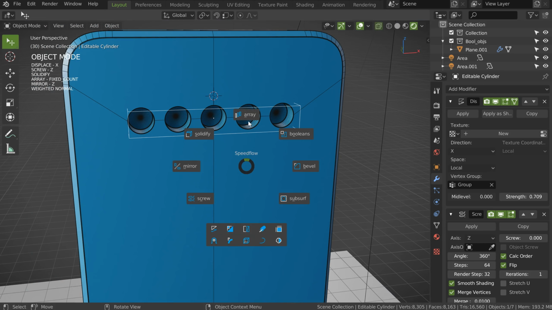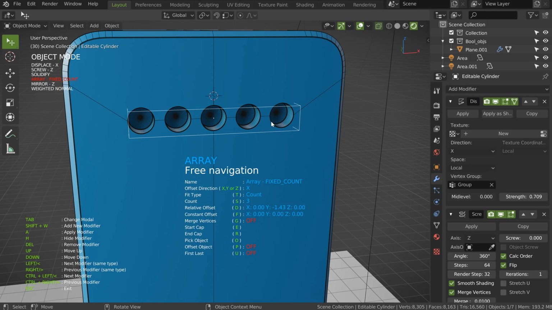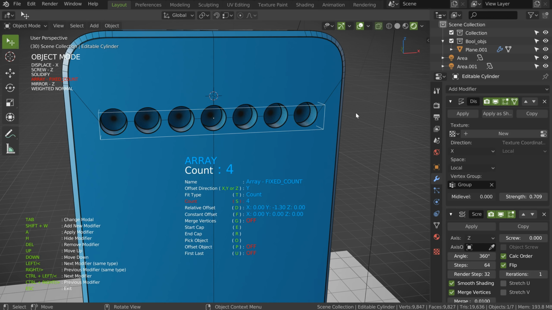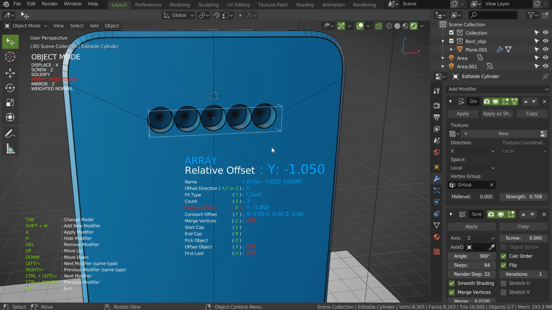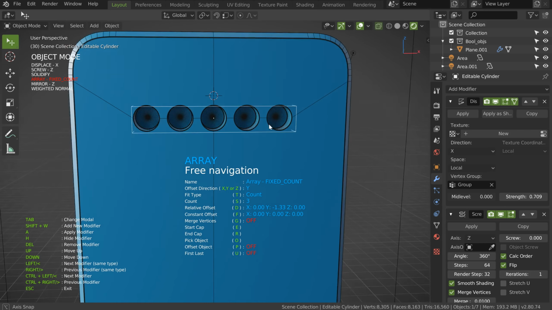And just because of that, you will be able to make something like that. If I choose the Y-axis, I play with D, I will be able to do this, and I will be able also to create this. So, pretty nice. I will just enter 3, and I will play with the offset. Like that, for me, this is correct.